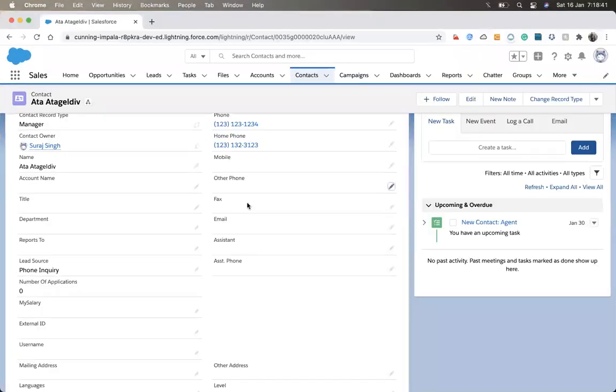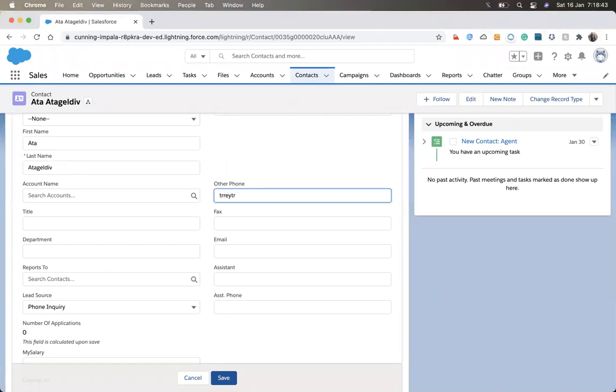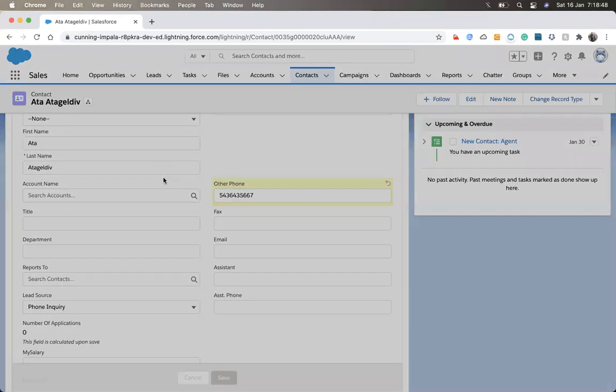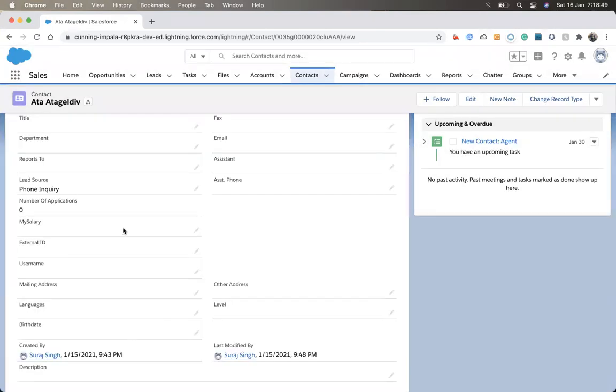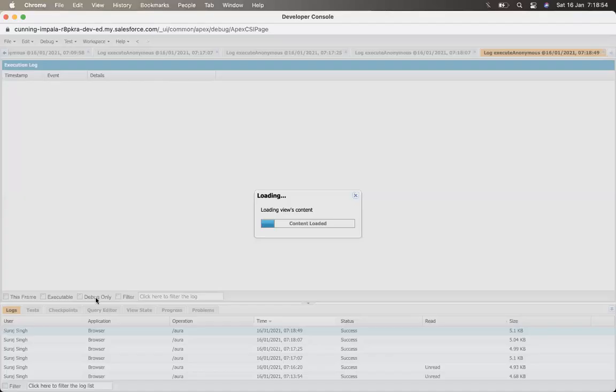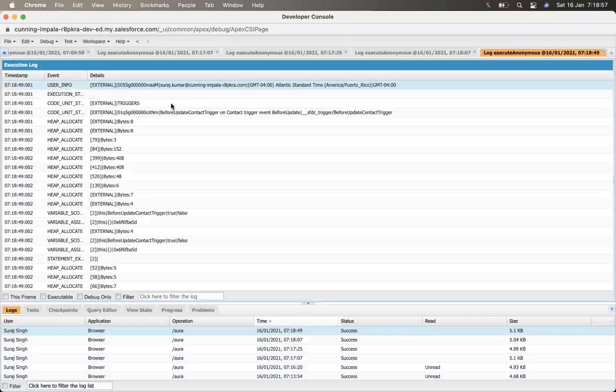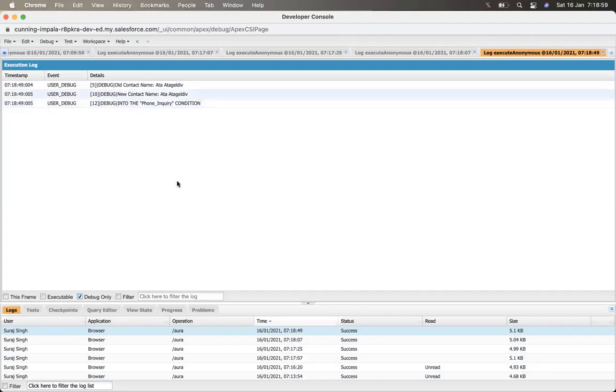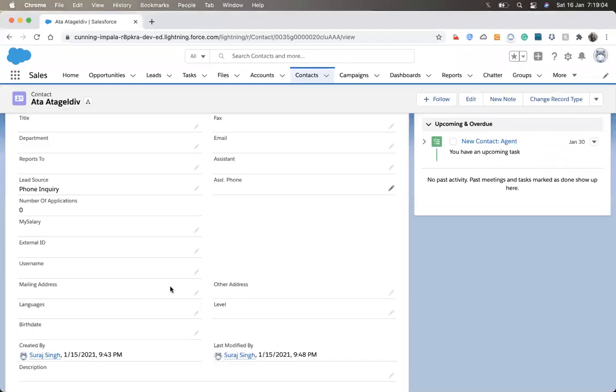Suppose I make changes here and hit the save. At this time the system will again check that phone condition. So it's not a good thing: we are making changes in some other field and it is still checking this field.